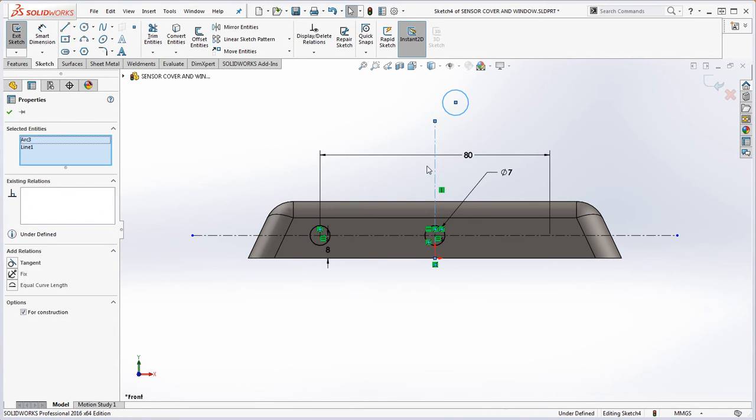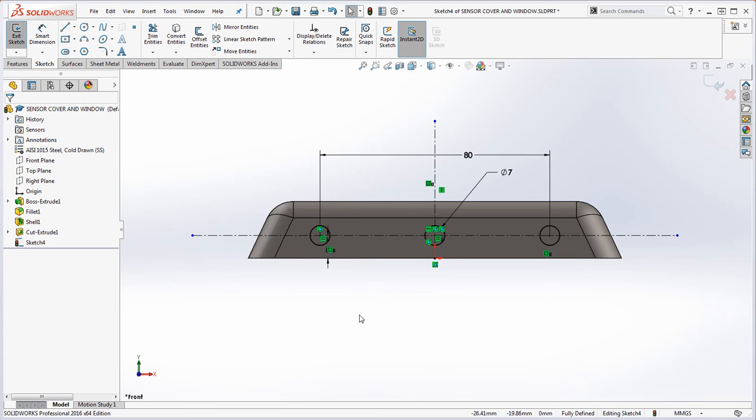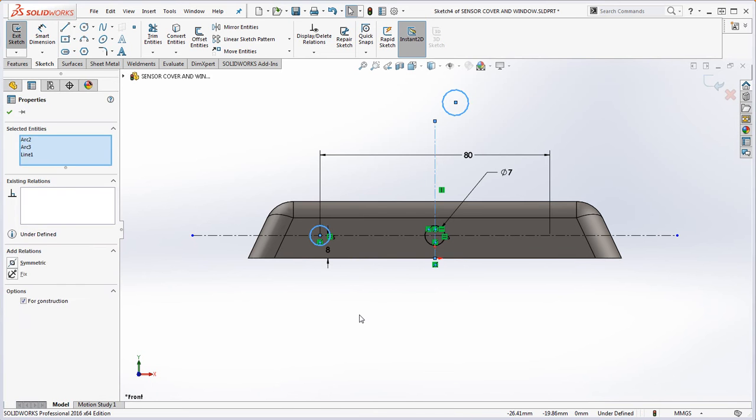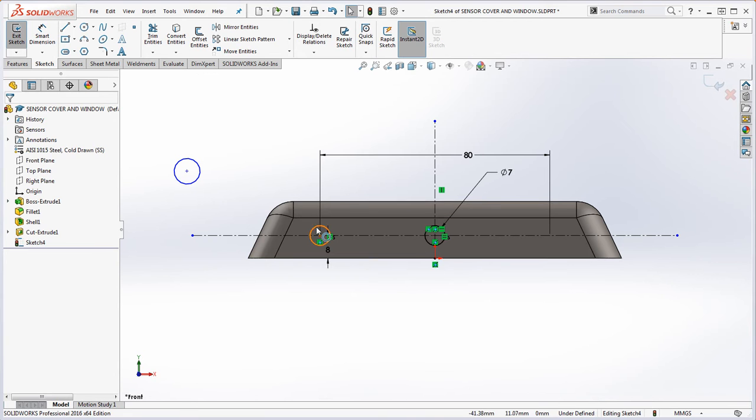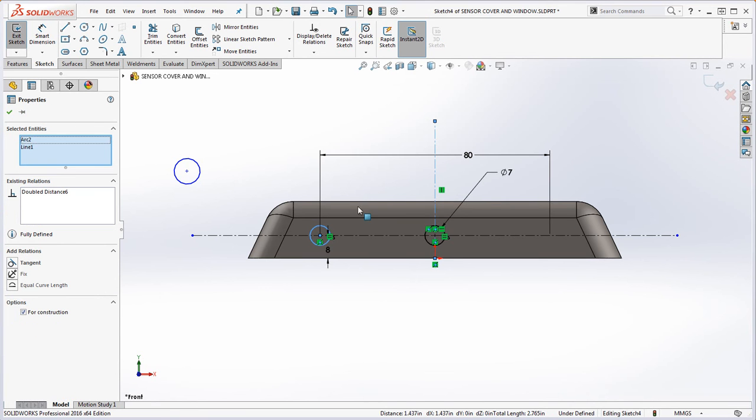We take this hole, that circle, that's going to represent that hole in that circle over here. And just for the fun, we're just going to make that symmetric. Now look at that. That kind of goes right into place. And we can take this one over here and just put it over there, but as long as we select these two items, or 3 items, the 2 circles and that center line to make it symmetric, so it's going